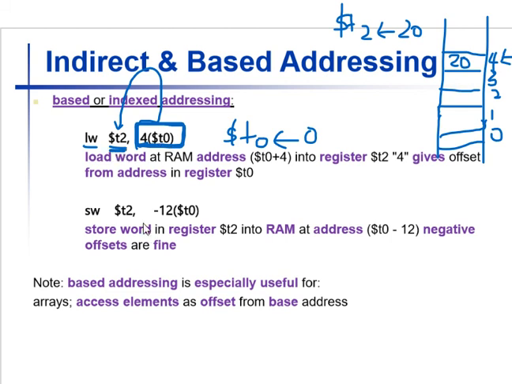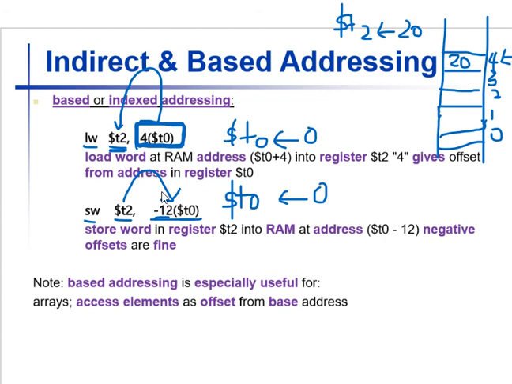This is the meaning. This offset can be positive or negative. When it is positive, you add it. When it is negative, you subtract it. Let's see one example. Let's see a store word, source register and a memory location. The meaning is you move the value of the register to the memory. Let's assume this is the offset and this is the base address. Let's say the base address is 0. So register T0 is containing a value 0. Offset is minus 12.